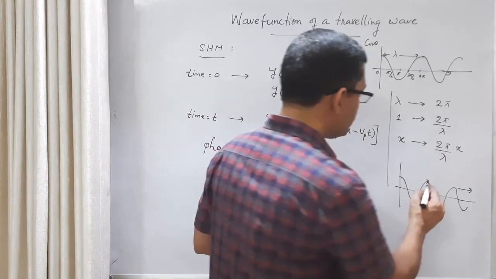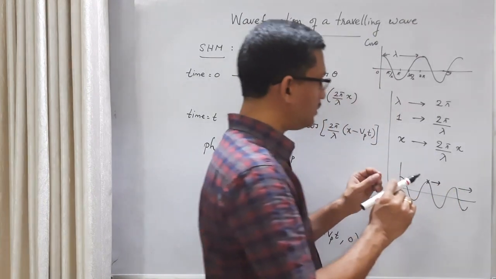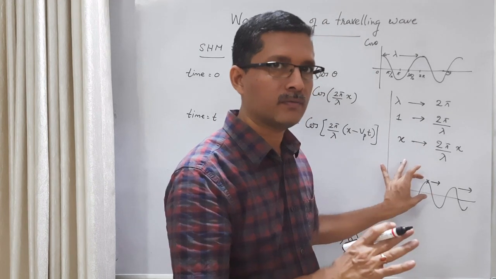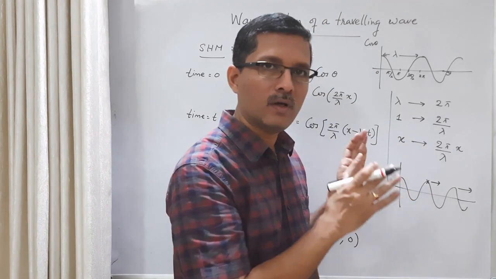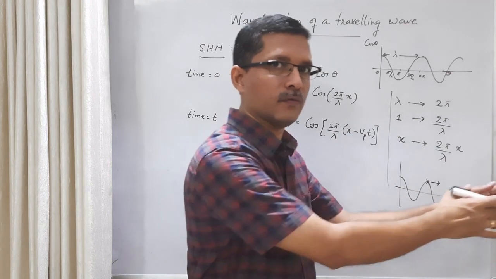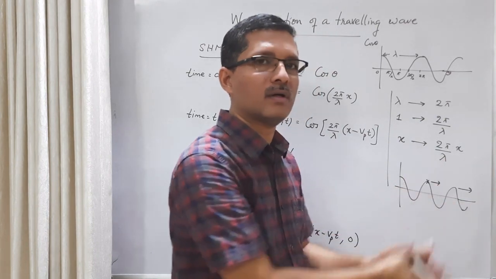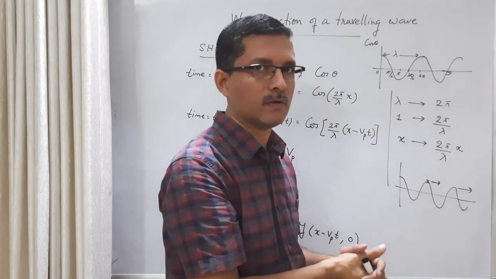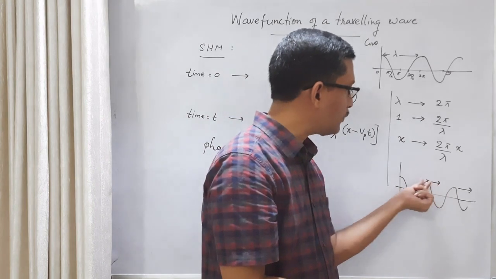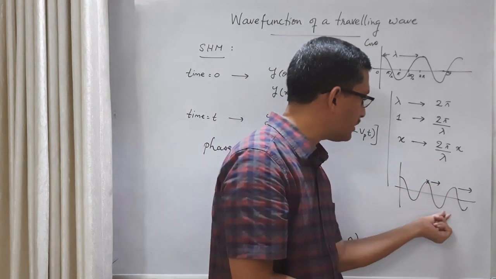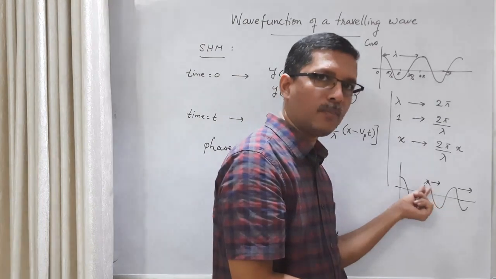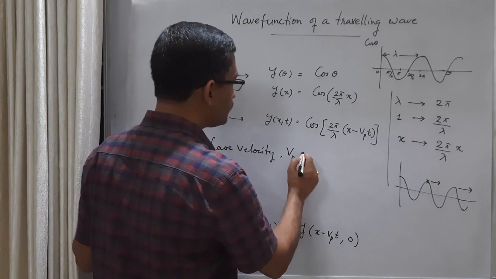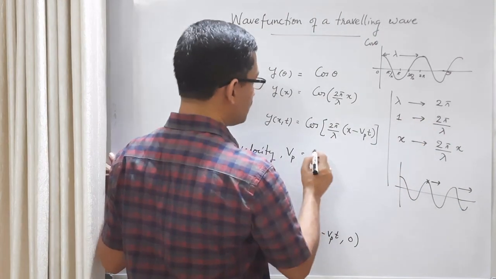So this is the velocity of propagation of a point of constant phase on the wave. The velocity of a point of fixed phase, constant phase on the wave, is called the velocity of propagation. That is called phase velocity. So the velocity of a crest, or velocity of a trough, or velocity of any point in between, any point having a fixed phase. That is the idea of phase velocity, and this is related to the frequency of the wave and the wavelength lambda by this relation.